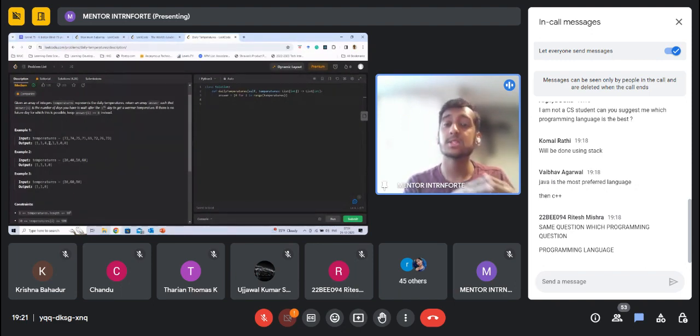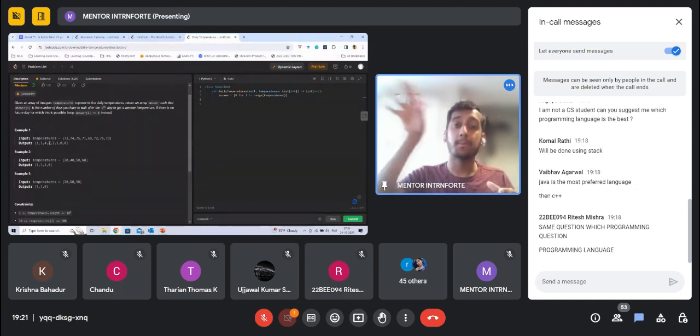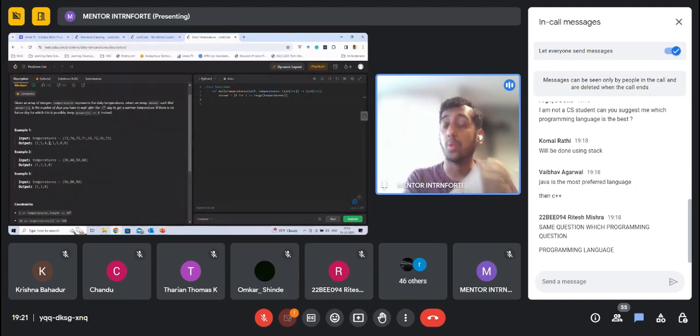We can use a stack to keep pushing elements, and once we encounter a temperature which is warmer, we remove those elements from the stack for which the temperature is warmer, and use the difference between the indices as a result, right? If what I just said went right through your head, that's totally fine.